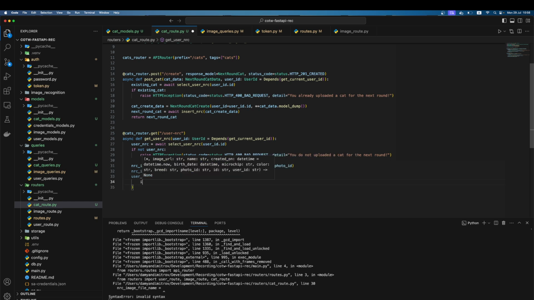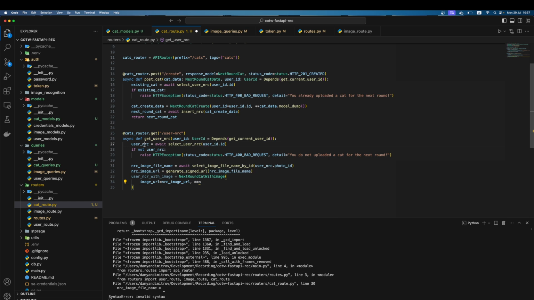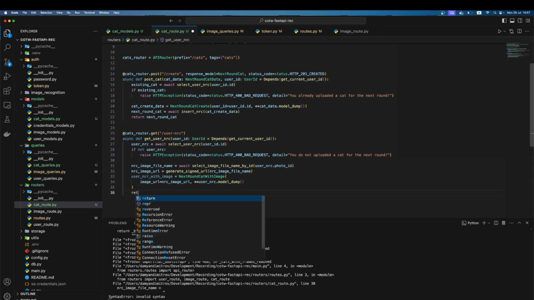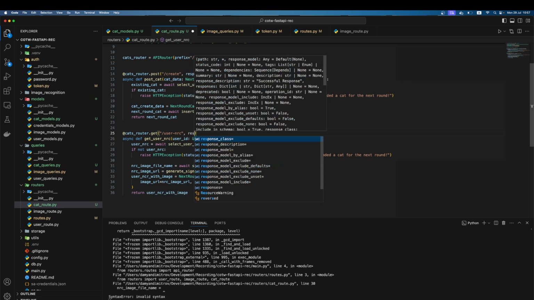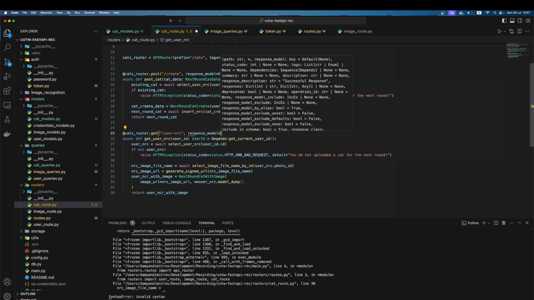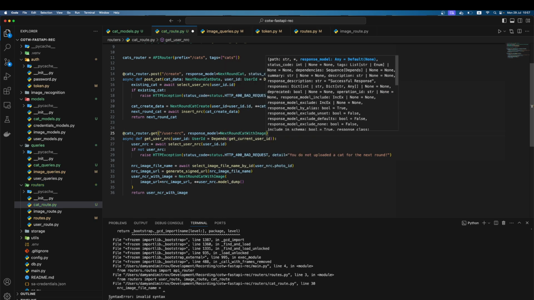Okay, and here image URL equals to next round get image URL, and let me dump the older model, this one. Okay, and let's return, and here I will add the response model, which is equal to next round get with image. Okay,